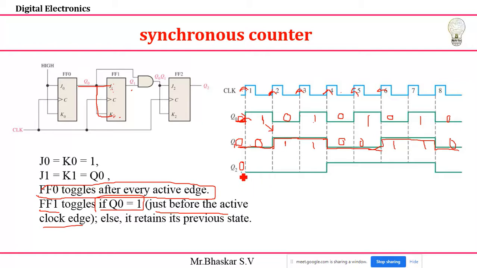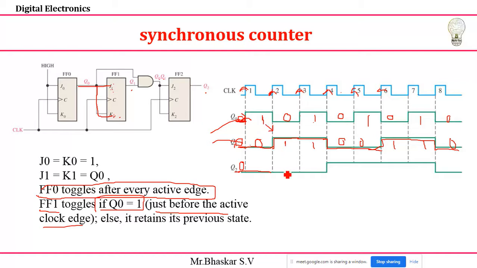Similarly, in the same way you analyze. Q2 is the AND operation of Q0 and Q1. Same, just before the previous edge I need to do the AND operation. Let's see here. I'll take this condition. Next I'm checking for the rising edge in this condition. So I'll take my Q0 and Q1 values. You see that this is a 0 and this is a 0. 0 AND 0, then I'll get 0 only. 0 means no change. So the initial value 0 means this value only you need to carry.